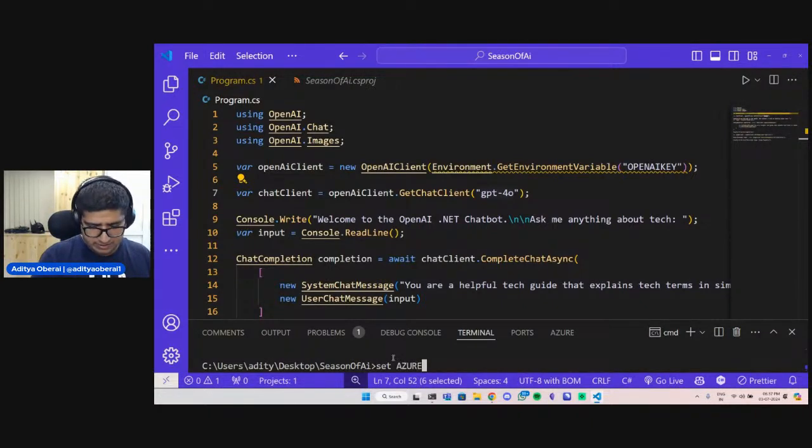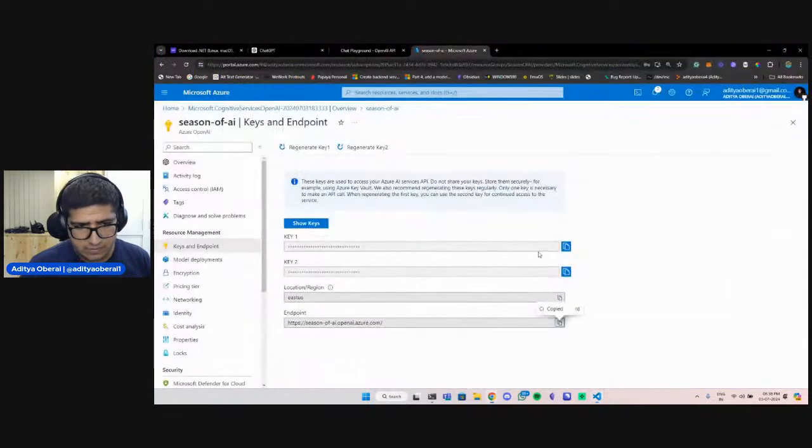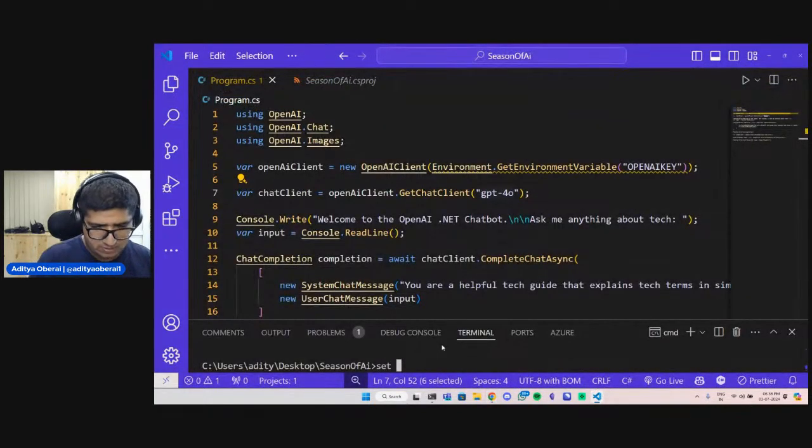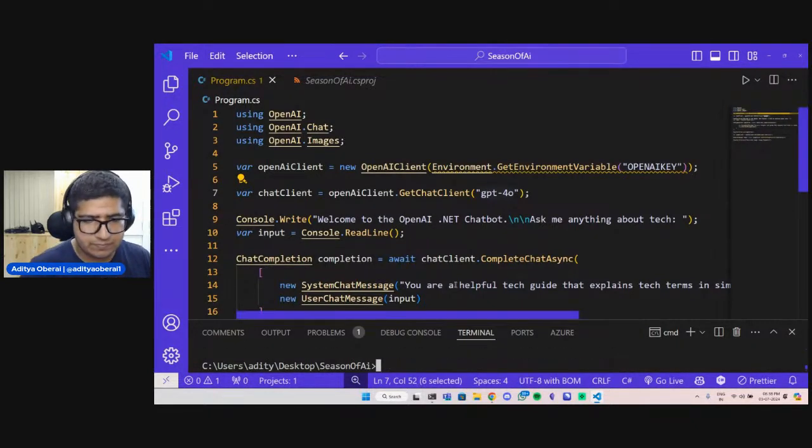I'll call the endpoint Azure OAI endpoint, and the API key as well, Azure OAI key. Once that is done,